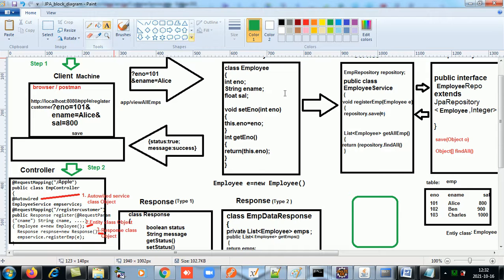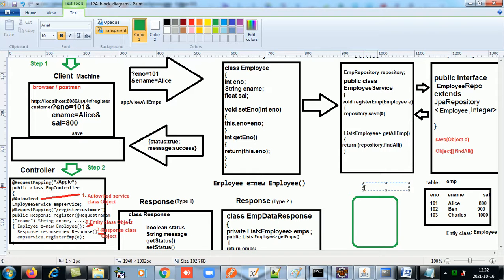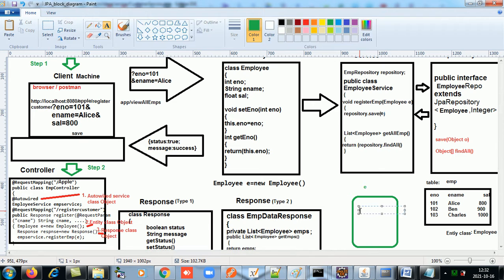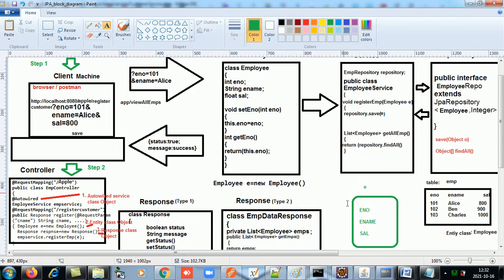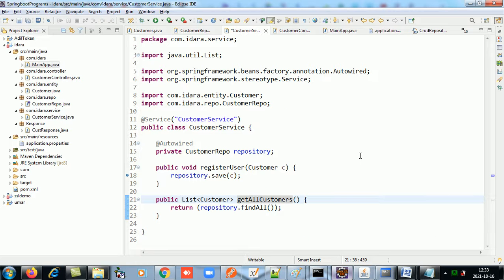As E is an object of the employee class, it will have E number, E name, and salary. This E number, E name, and salary I am getting from where? From the URL. From the URL, it will go where? In the request params. So whatever request params I am getting, using this E, I will call those many setter methods.